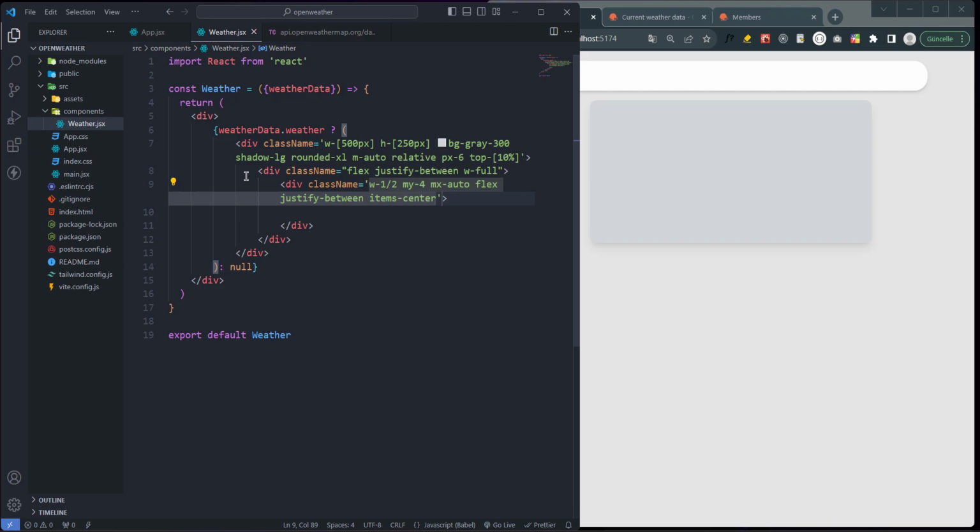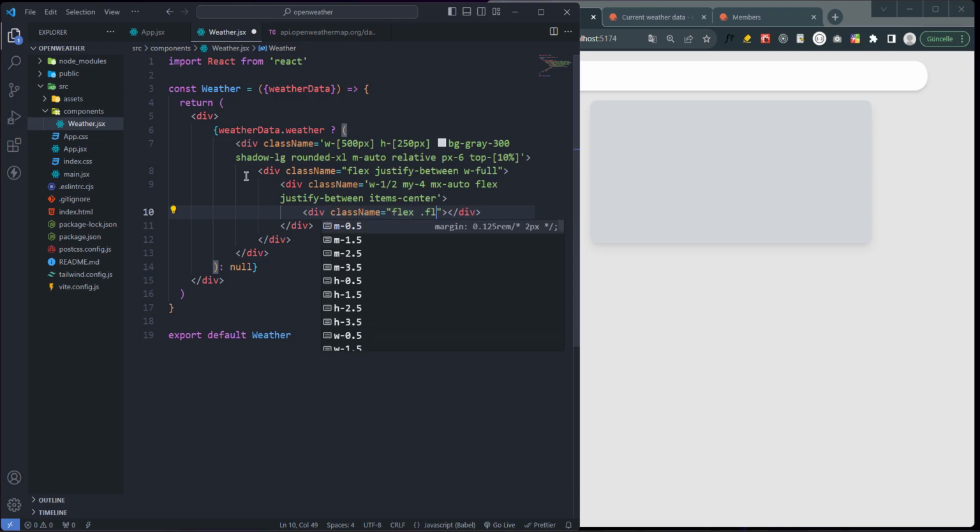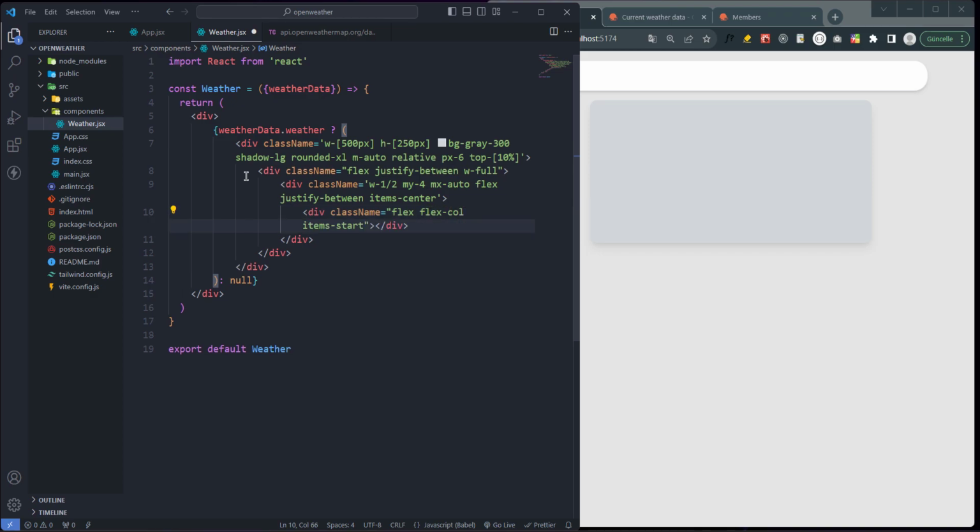Okay, and after that now I need to create the container div of the first section and flex column and items start and justify between and height full. Okay,